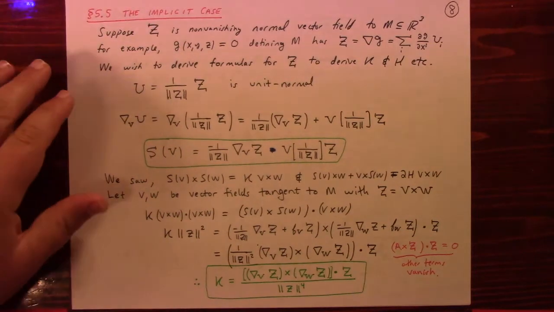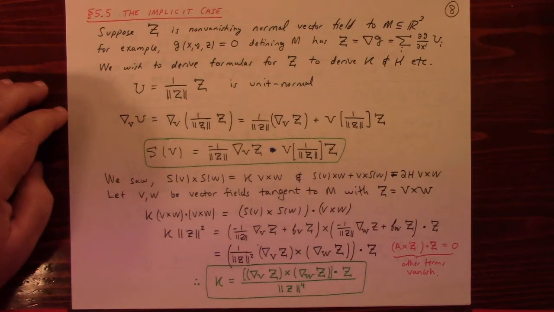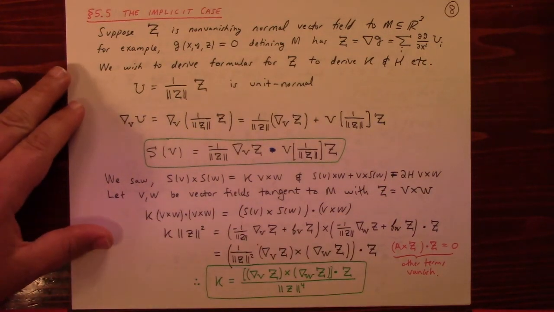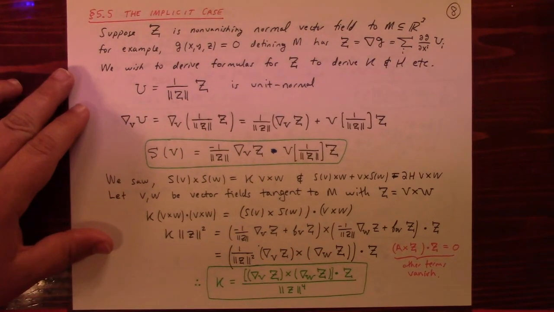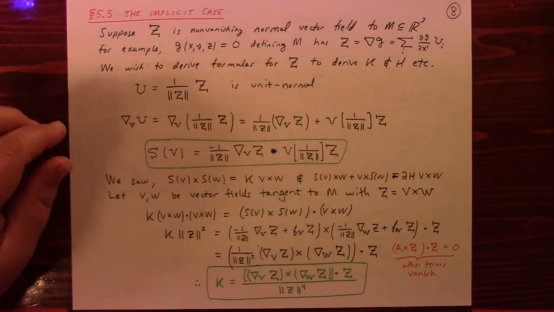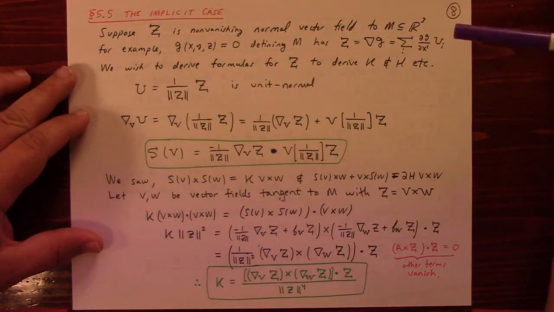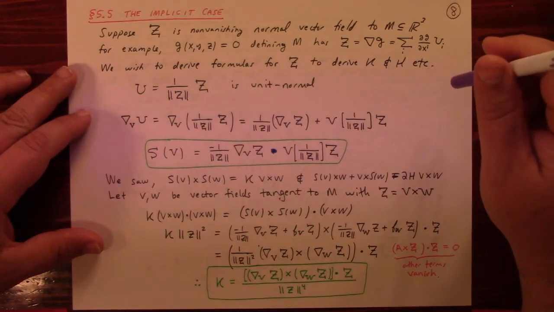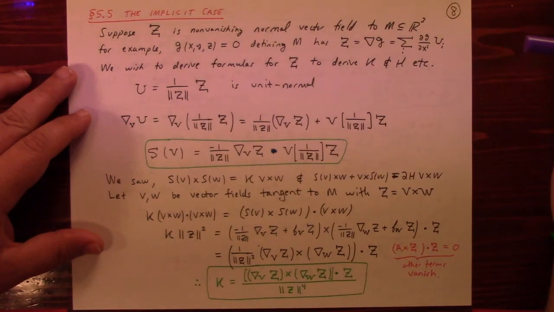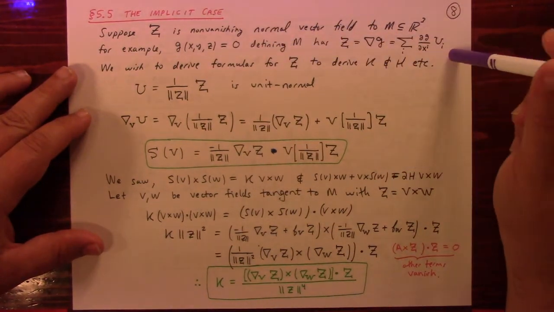That brings us to section 5.5. Now, section 5.5 is almost a digression. I don't know if this matters too much elsewhere, but it is a very interesting calculation, so I'll try to go through it somewhat quickly. And basically what he endeavors to do here in section 5.5 is to describe how to calculate the shape operator with respect to a level surface, right? So if you've defined your surface by g equals 0,